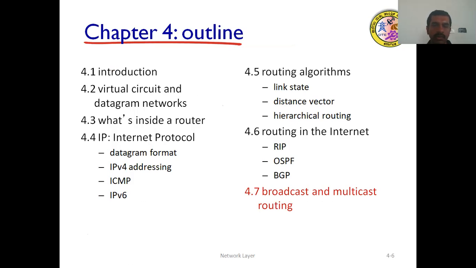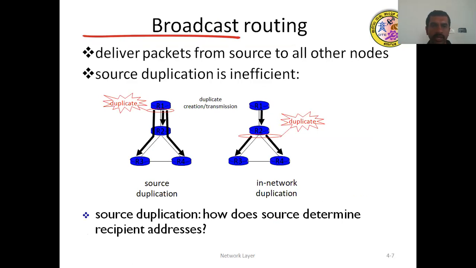Then we'll see about broadcast and multicast routing. Broadcast routing delivers a packet from source to all other nodes. Source duplication is inefficient. With source duplication, how does the source determine the recipient addresses? You can see here the routers R3 and R1 find the duplicate